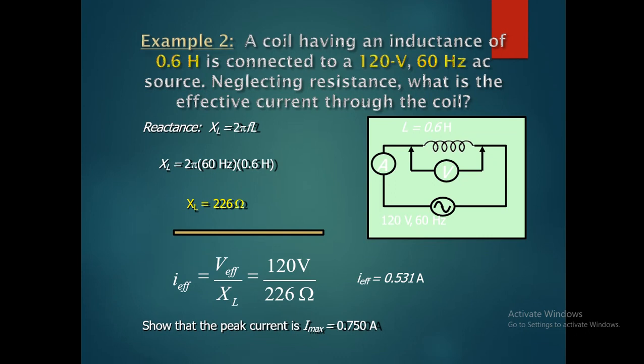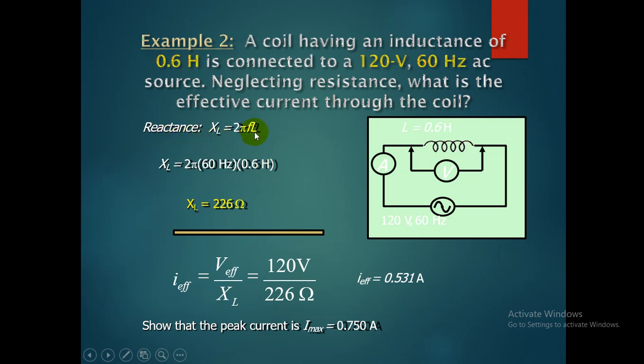We can see here one example for an inductive circuit. A coil having an inductance of 0.6 Henry is connected to a 120 volt, 60 Hz AC source. Neglecting resistance, which means we are neglecting the practical resistance value, what is the effective current through the coil? So there we have to find out the